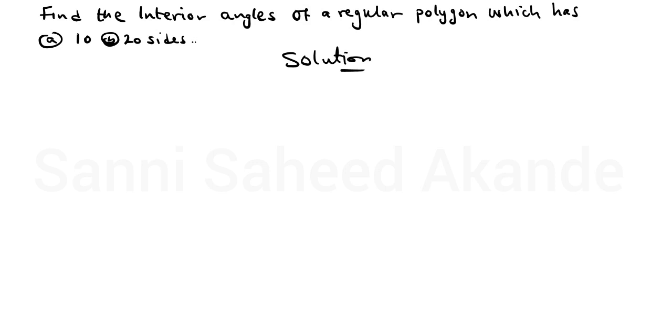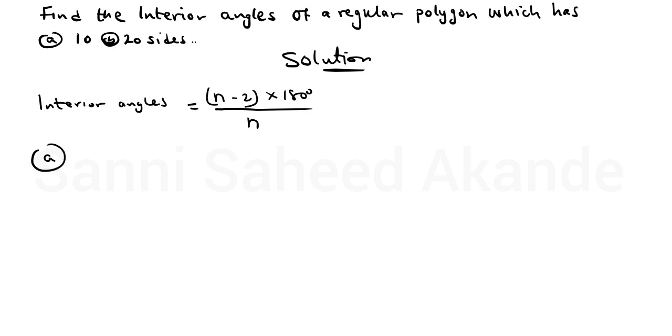Okay, so like I told you in the previous class, the interior angle of a regular polygon is given as n minus 2 multiplied by 180 degrees divided by n, and this n you are seeing in this formula is the number of sides. So A now, the interior angle for this polygon that has 10 sides will be equal to